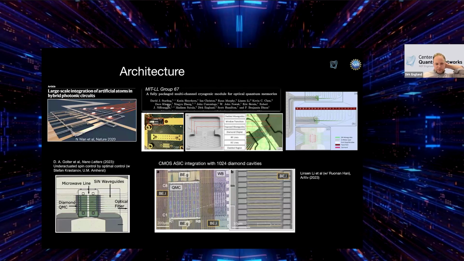This here is a packaged quantum memory node developed by the group of Ben Dixon, Scott Hamilton, and team at MIT Lincoln Laboratory, Group 67. Very excellent group in photonics and quantum information processing. And so they, together with others at MIT Lincoln Lab, developed these very good photonic integrated circuits based on silicon nitride